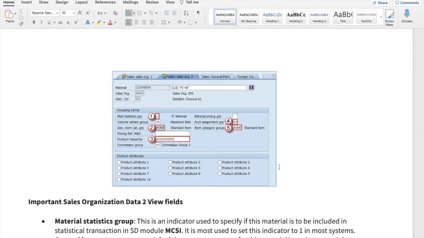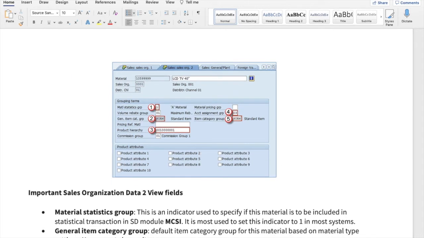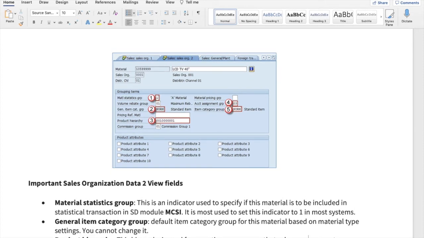Then the next important is the general item category group. Now what is general item category group? Whenever you are doing the material group setting, it automatically generates a general item category group, and that will come here. So you remember previously in the previous slide we created norm. Whether it is used in sale, or in purchase, or whether the material is used for trading, everywhere the standard calculation will be available. That is why the norm comes there actually.